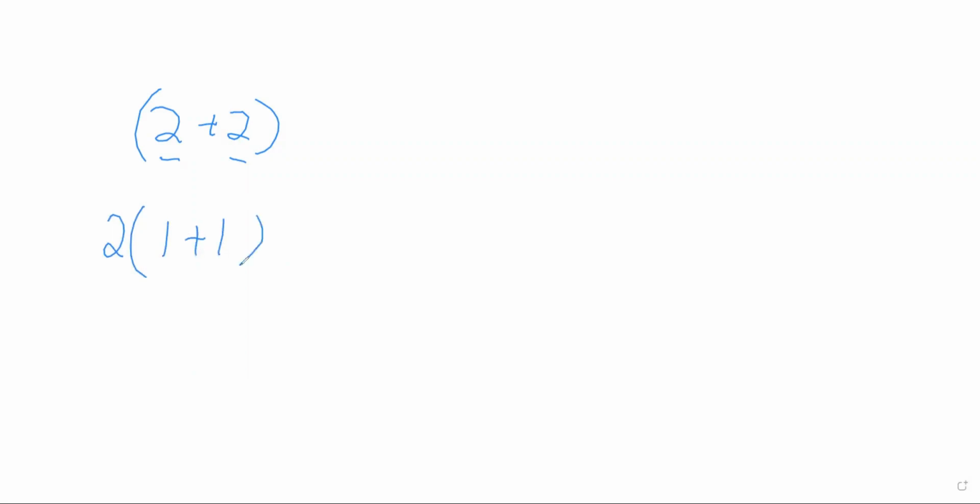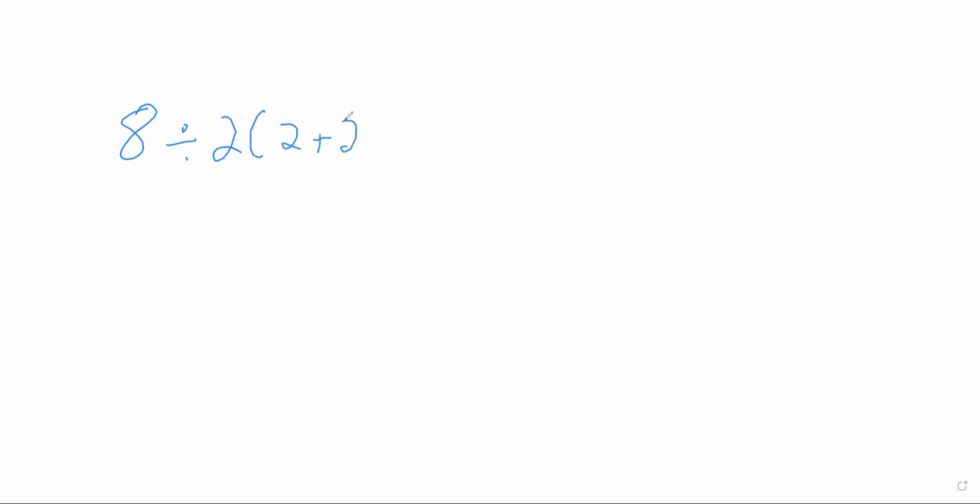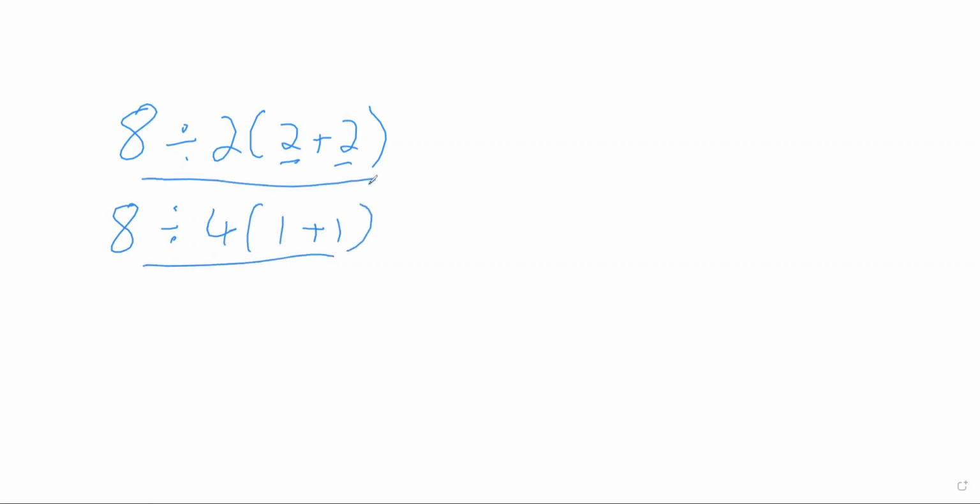So putting that into our regular initial equation, which is 2 bracket 2 plus 2, if we decide we're going to remove the 2's from this equation, we get 8 divided by 4 bracket 1 plus 1. This is exactly the same equation. You can take this number in, or you can take these numbers out, whichever you want, because that's how manipulation